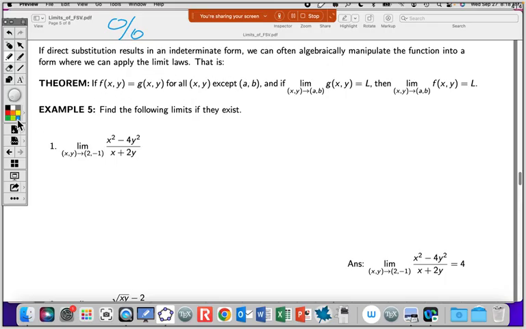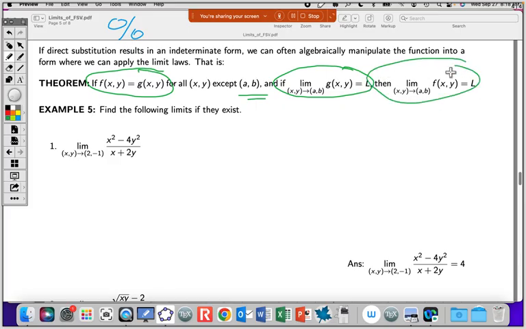And so we have the same type of theorem we had in Calc 1 or AP Calc. If two functions are the same, except possibly at the point of contention itself, and you can take the limit of one and you get an answer, then that's going to be the same as the limit of the other one. So in other words, if you can simplify somehow what's going on inside the limit for all points near the target point, then you can take the limit that way. So for example here, on this limit,